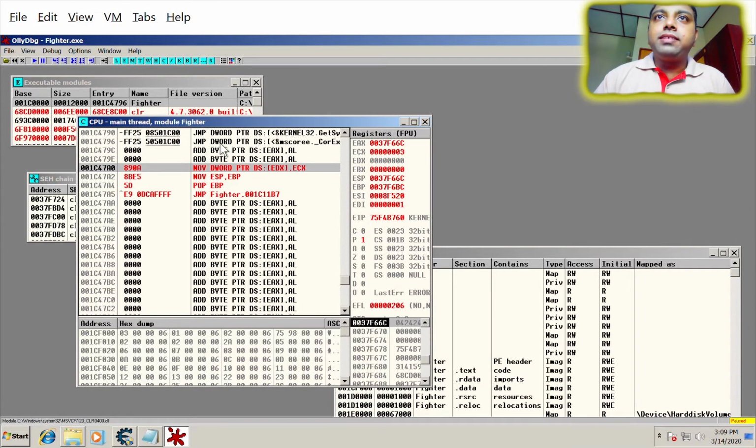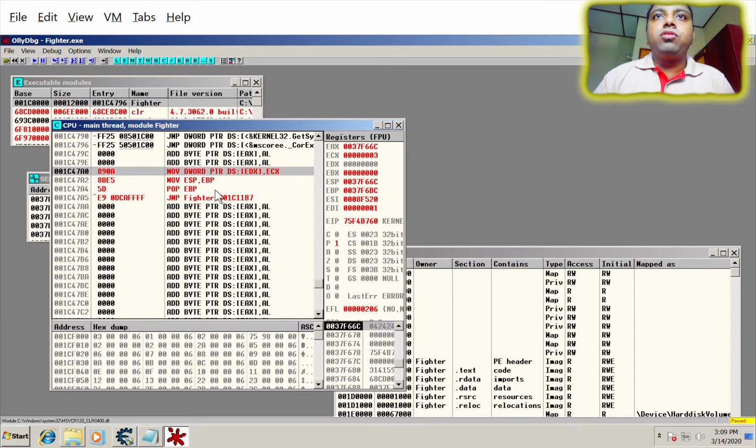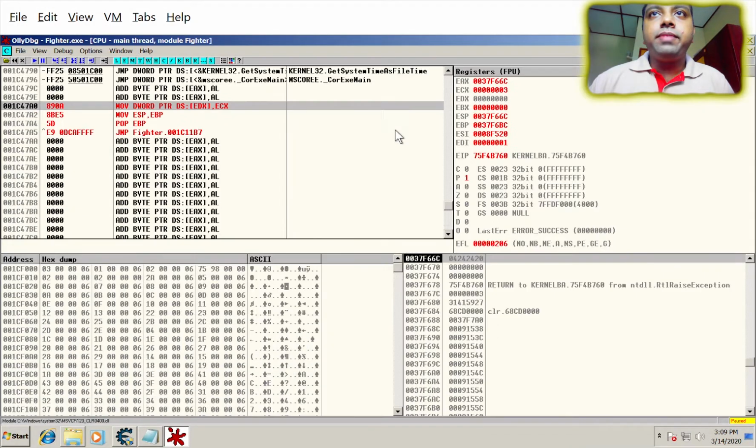So in order to do that, let's do those steps one by one, right? So definitely we have to remove every instruction here. We have to remove everything, right? So here, if I maximize this window,